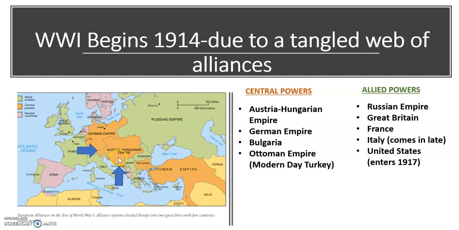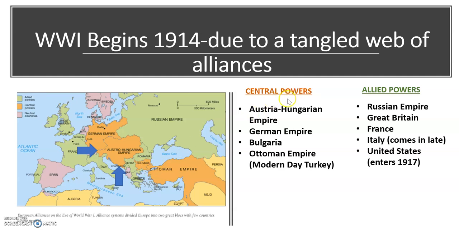So here's what happens. Austria-Hungary declares war on Serbia. Serbians are Slavic, like many Russians in this part of the Russian Empire, so the Russian Empire comes in to defend Serbia. Then the German Empire comes in to defend the Austrian-Hungary Empire. You've got Bulgaria pulled in. Great Britain and France then come in to defend their alliance, the Russian Empire. Italy is going to come in late. Turkey comes in to defend. And now, ladies and gentlemen, what was between two has now become between many.